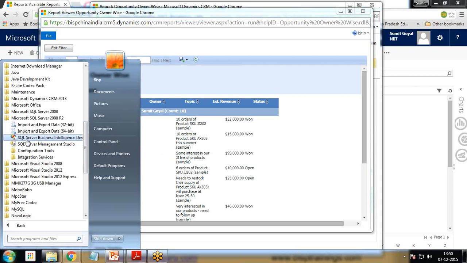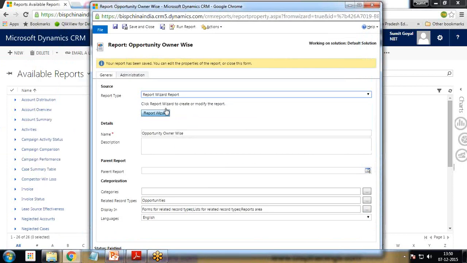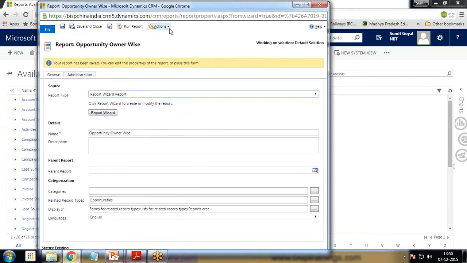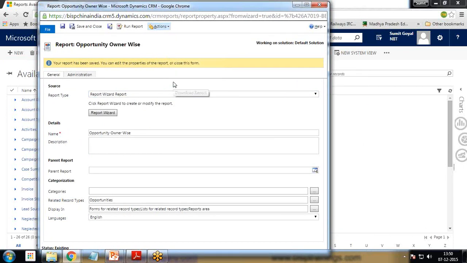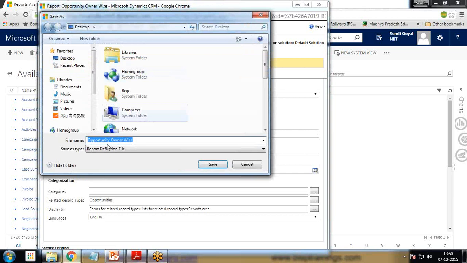So we are going to use this one. Before using this software, first of all we need to download this report, or export this report locally on our system. So I'll click here and click on download report,